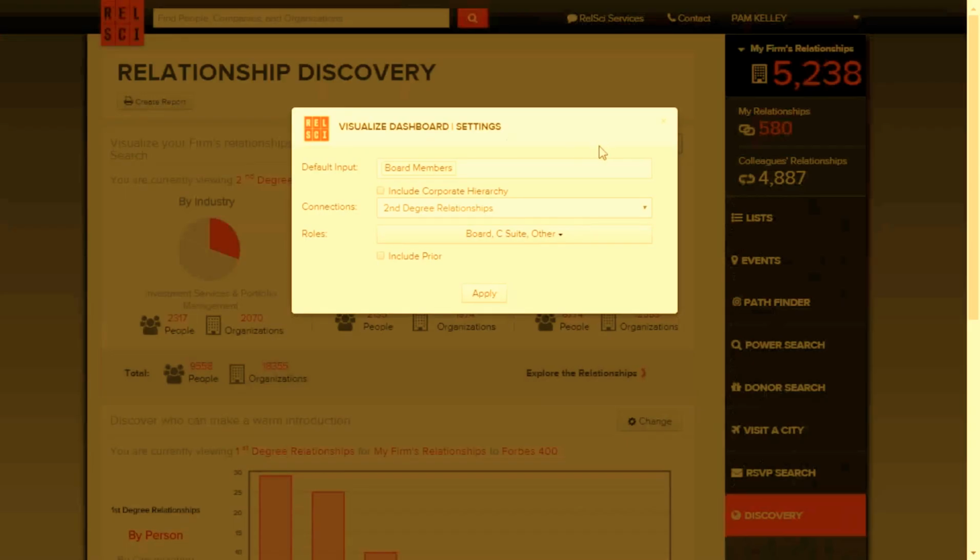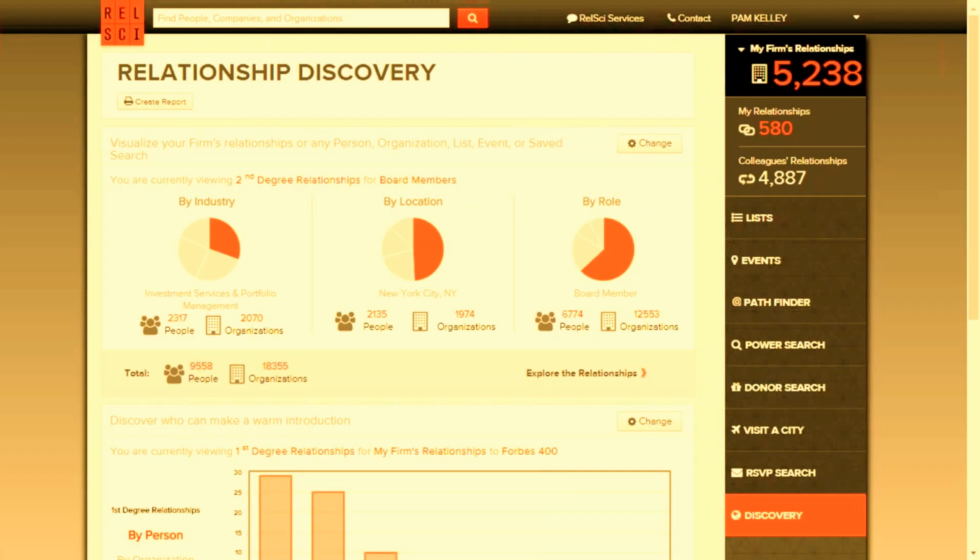So you click this change button, and you can type in a list of your board members. You can type in your top donors list or maybe your relationships and discover the full reach of that set of individuals. For connection points, we can click first degree relationships, which is going to be anyone we're directly connected to, and second degree is going to be anyone that we can get a warm introduction to. Additionally, we can look for board, C-suite, or other and click apply search. Then this is going to show us the breakdown of who our board members have access to based off of industry, location, or role. I'm going to click explore the relationships,